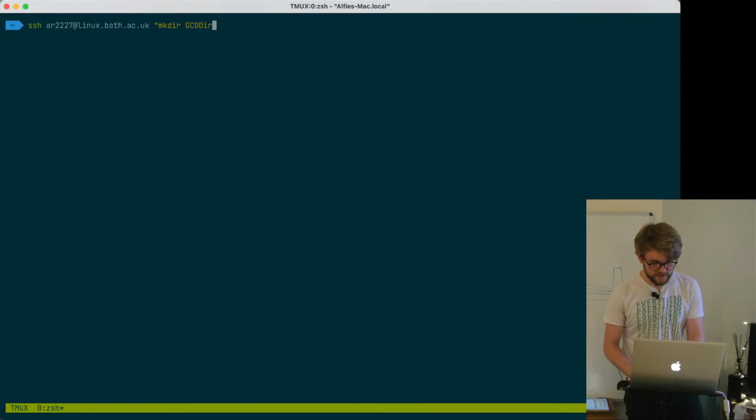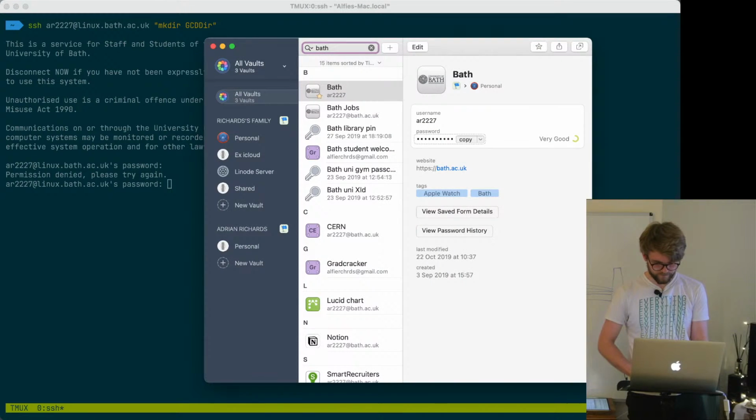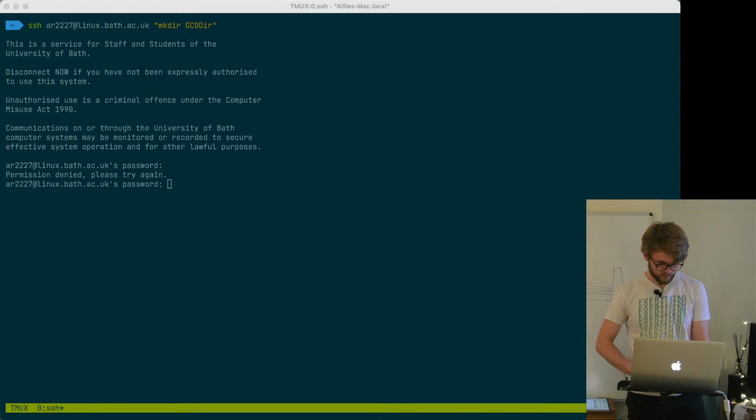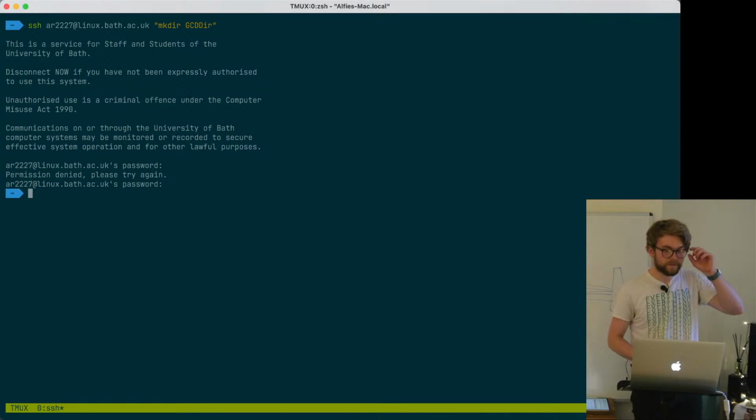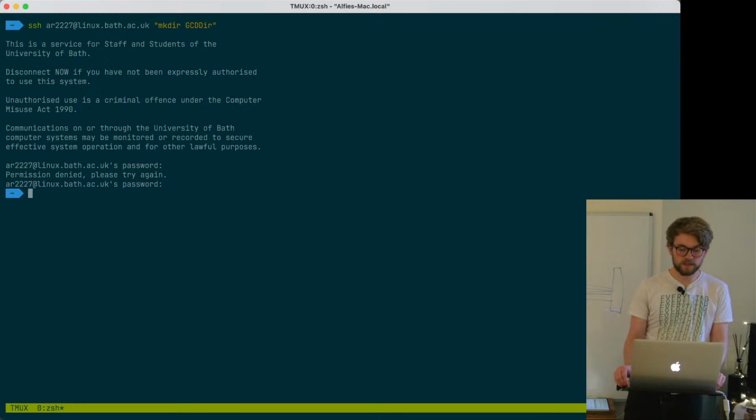Okay, so this is going to make a file on my remote, on the linux.bath. Is that still copied? No. Let's copy that. Okay, so it doesn't output anything. The make dir command doesn't output anything,